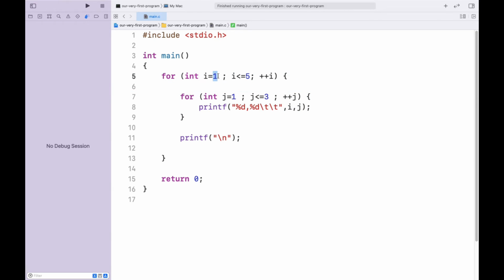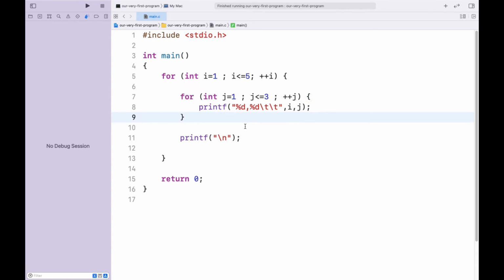For the very first iteration, I is equal to 1, this loop goes from j equals 1 to 3. For I equals 2, again it goes for j equals 1 to 3, and so on. So this statement is going to get executed 15 times. How? Because the outer loop is executed 5 times and the inner loop 3 times, so it will be 5 times 3.